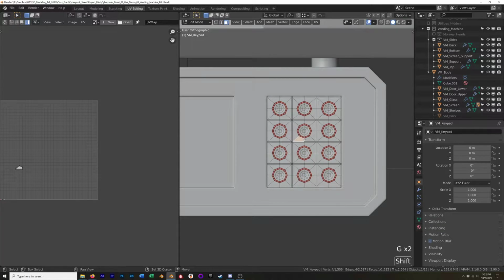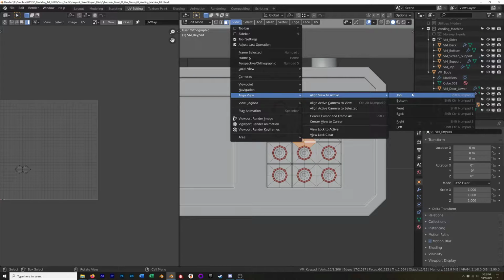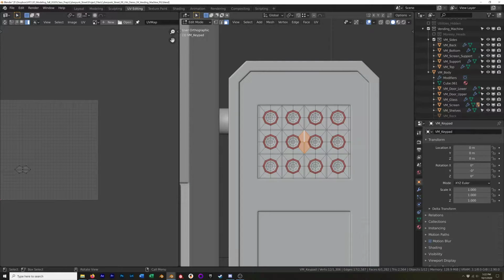You can also do that from edit mode. So we can just select some faces in edit mode. Just make sure you're selecting the flat faces. And then same thing, View, Align View to Active and Top. Now in this case, it's going to rotate it 90 degrees. I'm not entirely sure why that happens, but you can either, from this point,